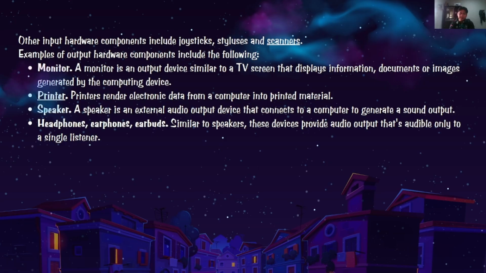And a speaker is an external audio output device that connects to a computer to generate sound output. Earbuds are similar to speakers. This device provides output that is audible only to the listener.